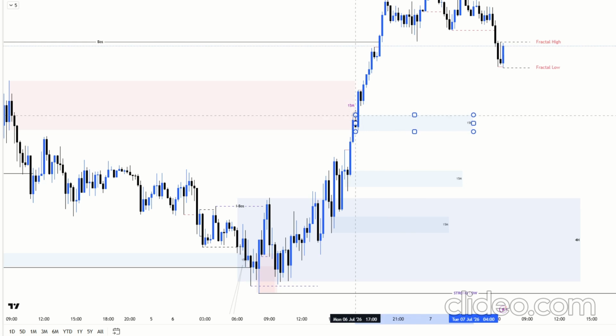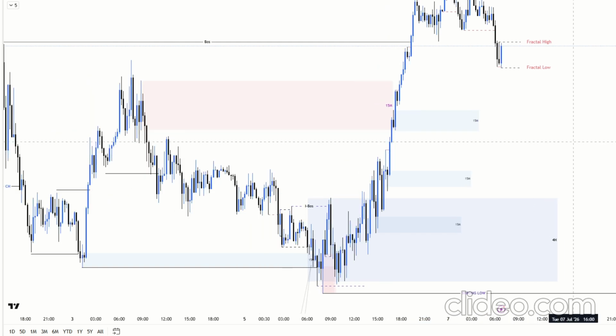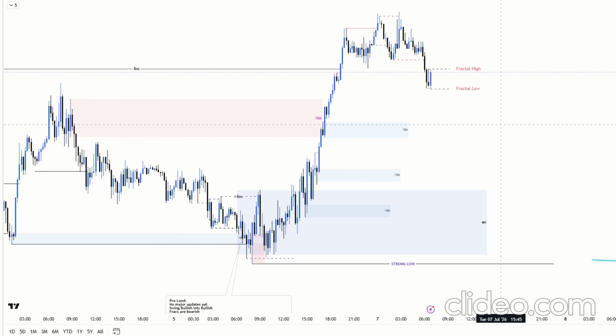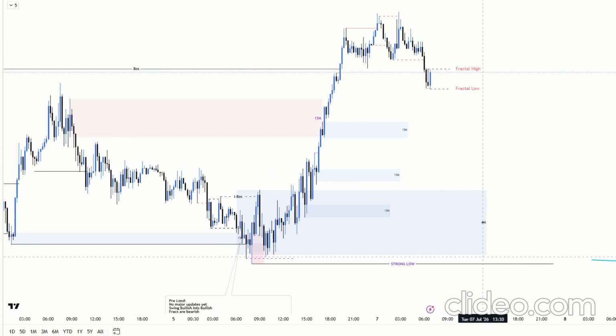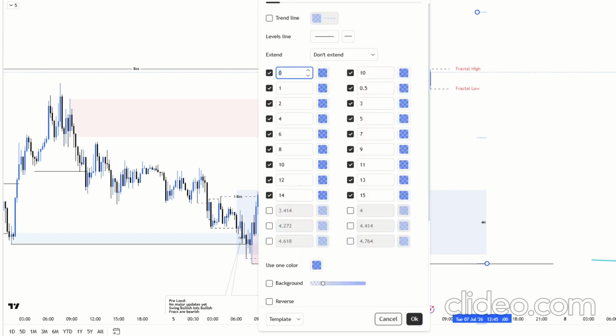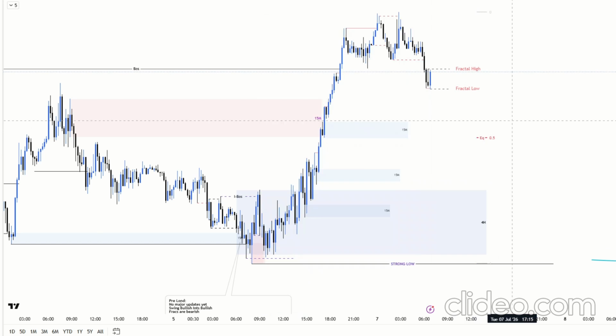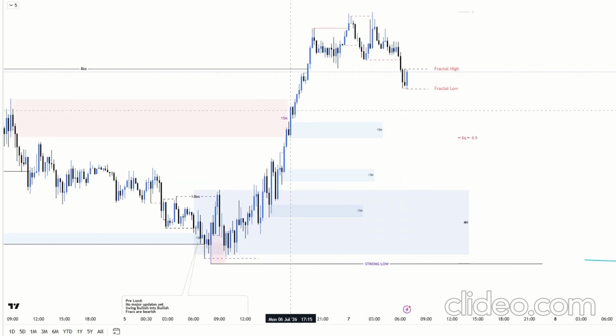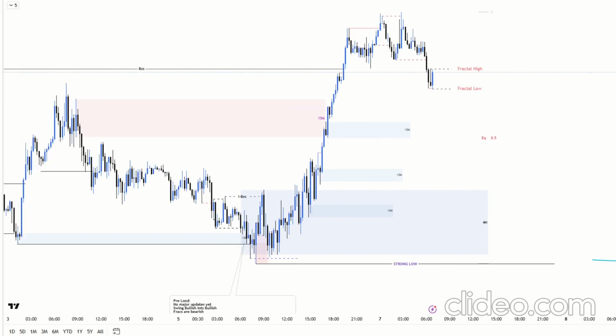50 EQ zone. The supply, sorry, the premium and discounts, how you mark them from the low to the high, and we use not that one, that 15. So I will not be marking the zones above the M15 zone. So we shall come and do our writing here and say